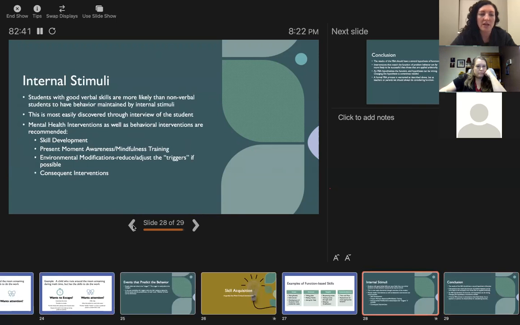Okay, internal stimuli. Students with good verbal skills are more likely than nonverbal students to have behavior maintained by internal stimuli. So this is most easily discovered through interviews of the students. So what I mean by this,